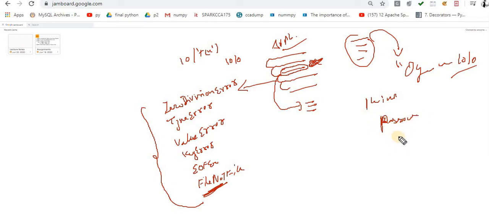For example, when you sign up for any application, the mandatory rule is that one letter should be capital, there should be a special symbol, and there should be some digits. But if you try to enter something like ABC, it will give you an error message: please provide a valid combination for this password. So this is called exception handling.